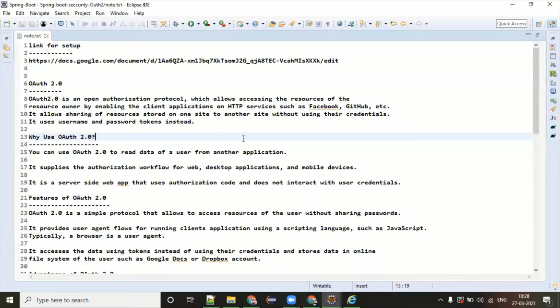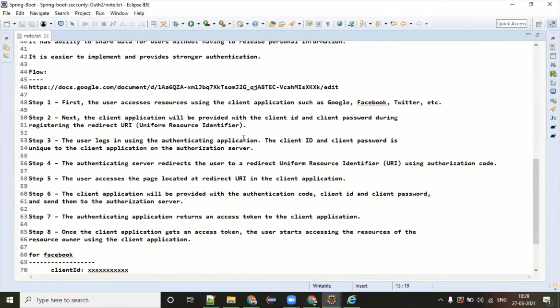OAuth2 is an open authorization protocol, remember, which allows accessing the resources of the resource owner by enabling the client application on an HTTP service, such as Facebook, GitHub, Google also. It allows sharing of resources stored on one site with another site without using their credentials, username, password, all these things.